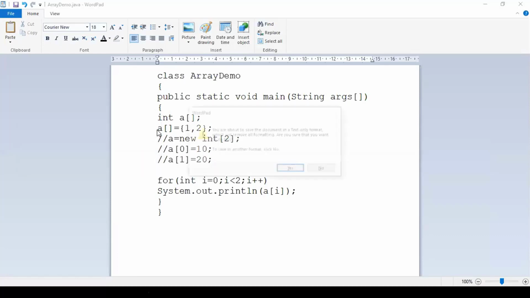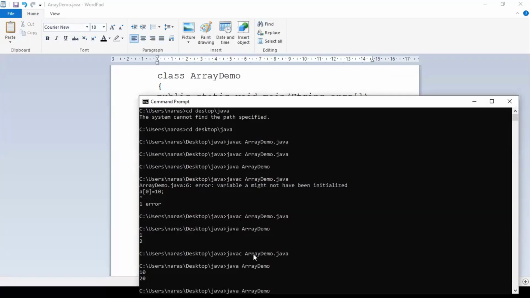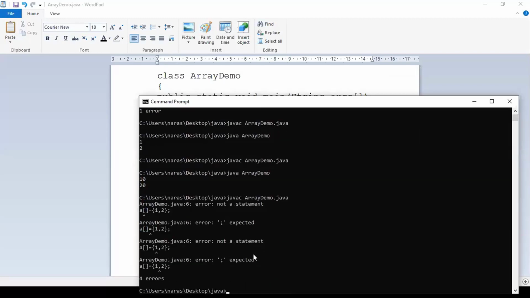Can I do something like this? Let us cross check. What is the problem? We have a compiler ready for us. What error is it showing? Not a statement. It is expecting a semicolon, right?